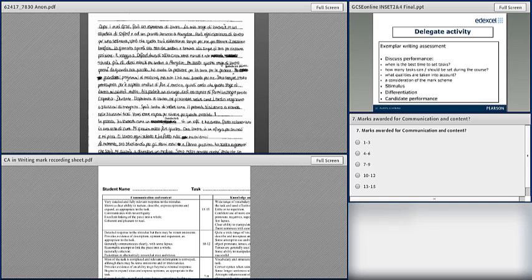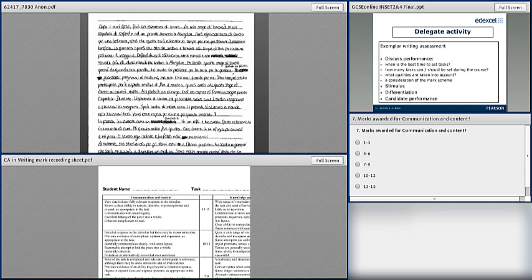So I'm going to leave you a few minutes to read the sample. You're going to have some polls on screen in a moment, but while you mark it, at the end, think in your head what marks you are going to give this candidate. You don't have to choose a mark as such, you can choose a band.